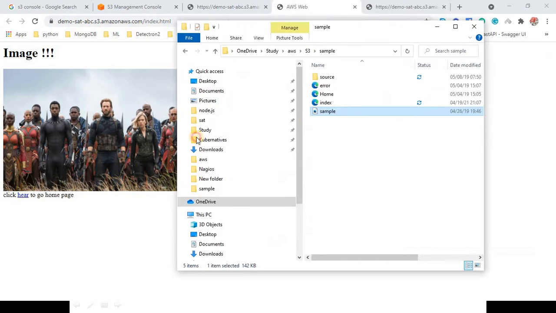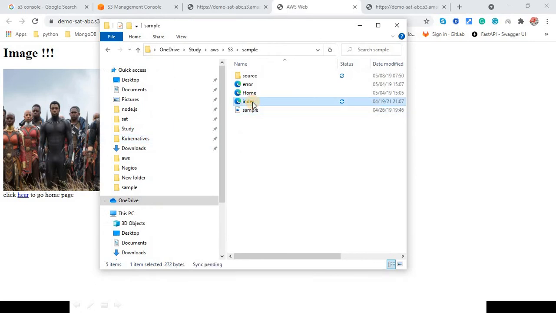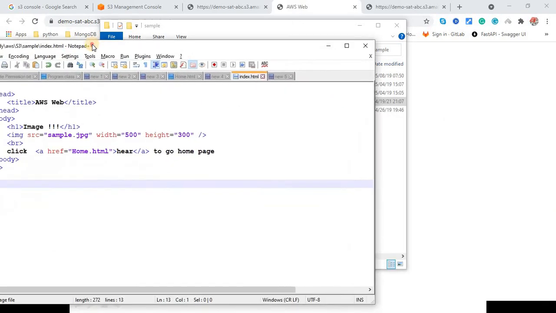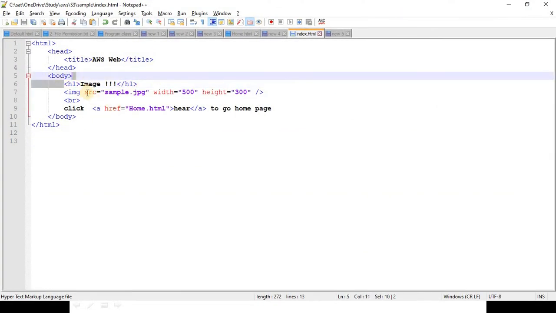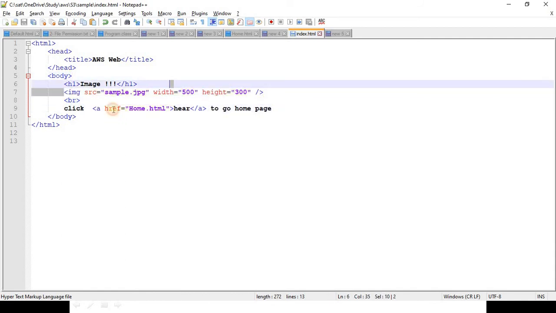This is rendering because, if you see my HTML, let me go back to my HTML. This is the index.html. Let me open it, and this index.html contains a title, a header, and an image pointing to sample.jpg, and this sample.jpg is located in the same location.